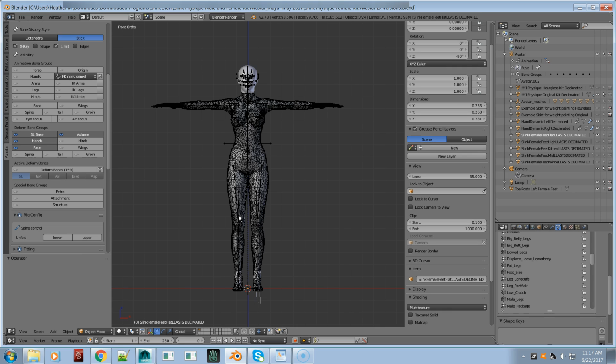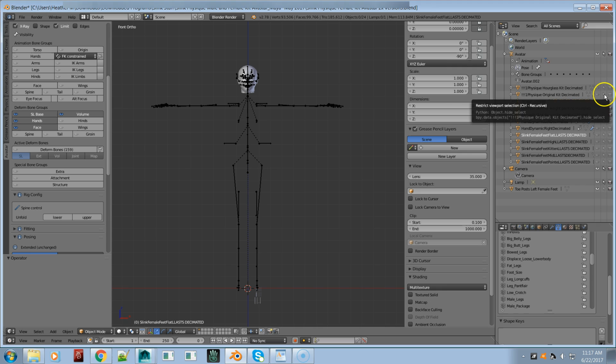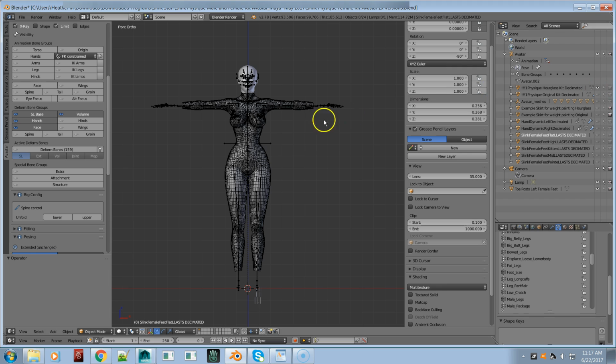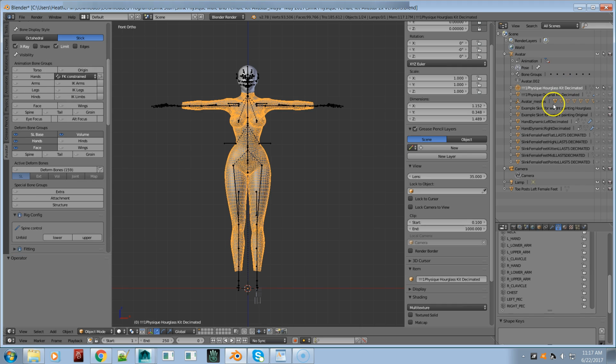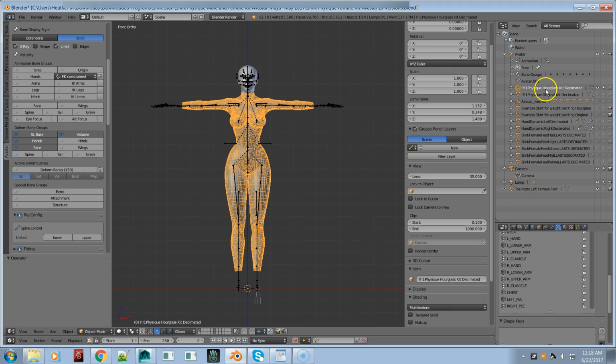Now I want to export out the Hourglass Kit like I did in my last video, like I brought into MayaStar. Okay, so first I'm going to turn off all of these so that you can't see this. This means you can select it, and I'm going to turn that off. And then I'm going to turn on the Hourglass mesh, and I'm going to make it selectable. And then I'm going to select it. That's underneath the avatar, so if it's like that, just come over here to Avatar and expand it by clicking on that. Okay, so now that we have it selected, we're going to go to File,